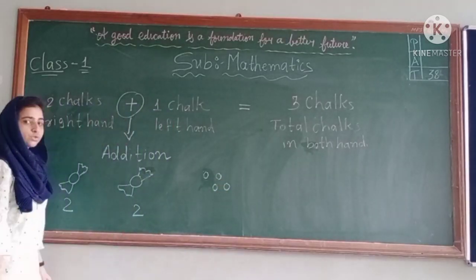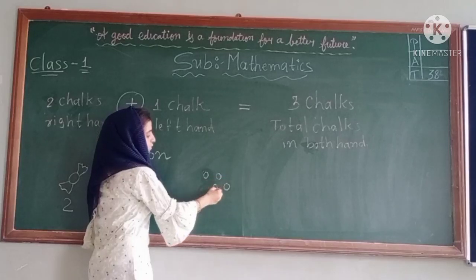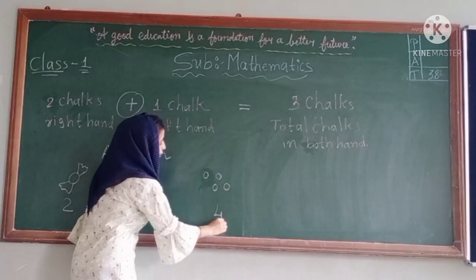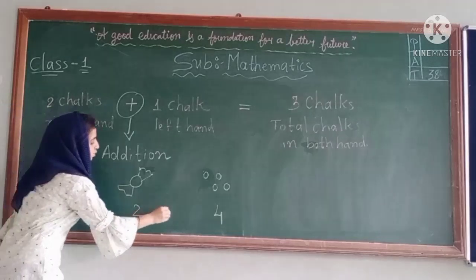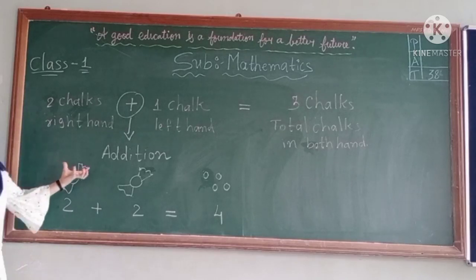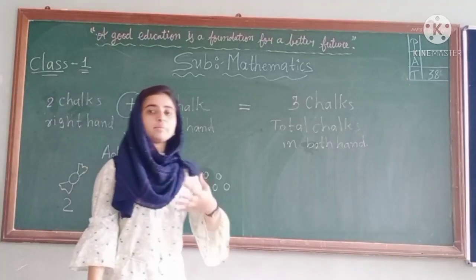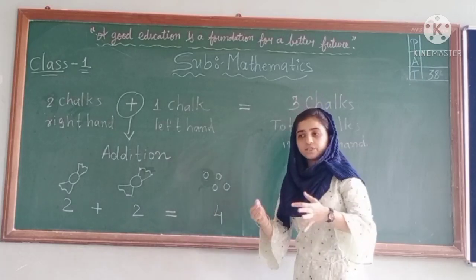So total how many, students? Let's count. 1, 2, 3, 4. So total how many, students? 4. That means 2 plus 2 is equal to 4. So you now know where you can use addition, students. If you go somewhere to buy something, right,